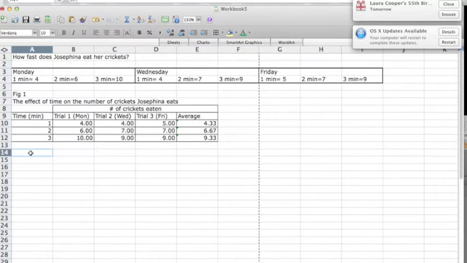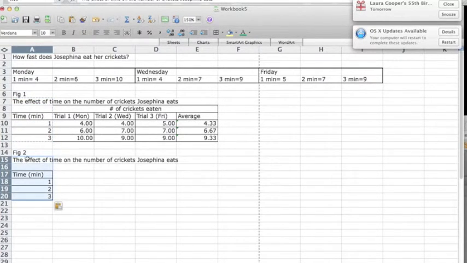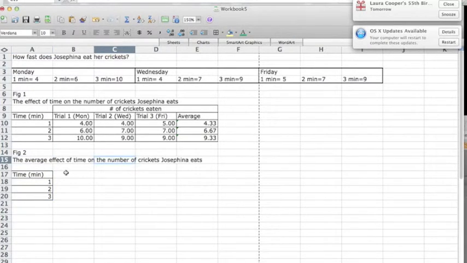So now I need to come down and say figure 2. Because now I'm going to create a spreadsheet that reflects just the summary information, just the average. So I like to take advantage of copy and paste, and this time it is the average effect of time on the number of crickets Josefina eats. And I'm going to say my IV is time, my DV is number of crickets